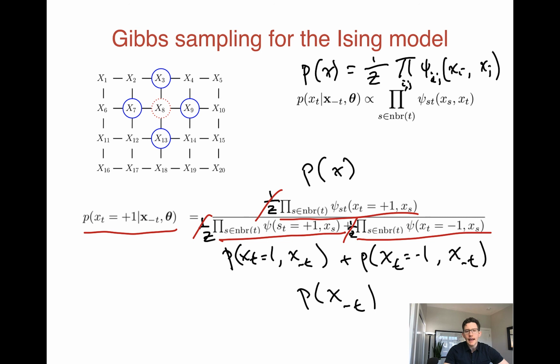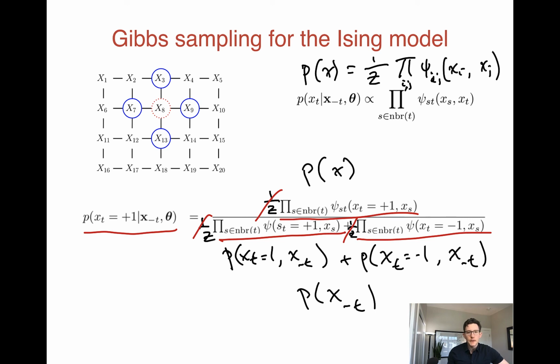Now notice that I can calculate all of these very easily. This top term is just a product of 4 factors. Each of these bottom terms, oh, this one is the same, so we only have to calculate it once. This one again is just a product of four factors. So we could compute this full conditional very easily. We could even do it by hand. You wouldn't want to do a lot by hand, but you could do a couple of iterations by hand. So even for this Ising model, which is extremely hard to do exact inference in, we can do Gibbs sampling